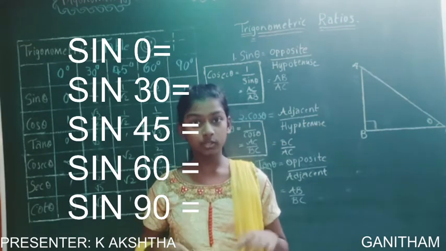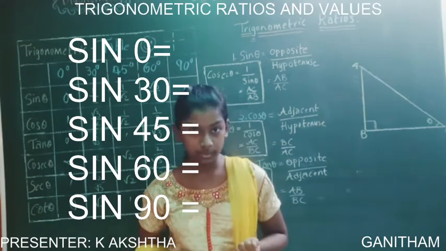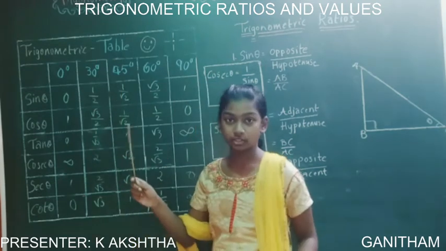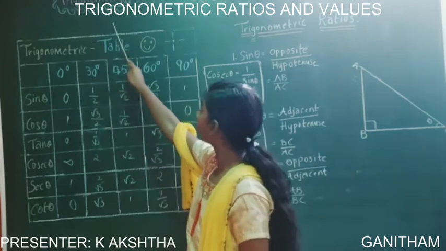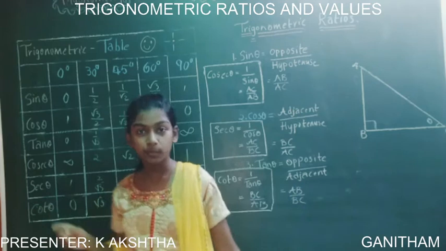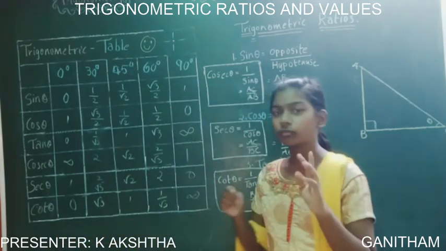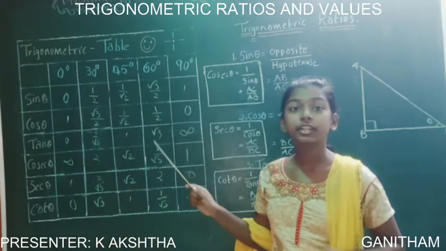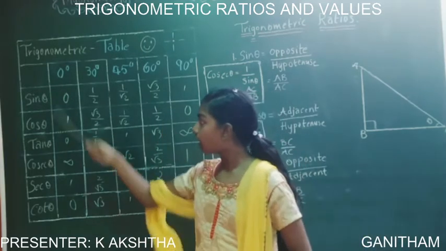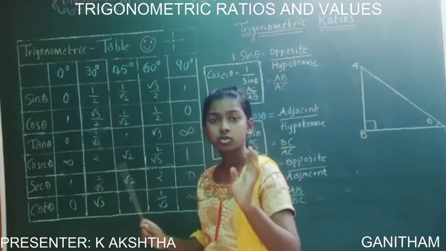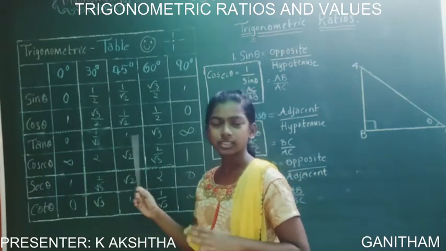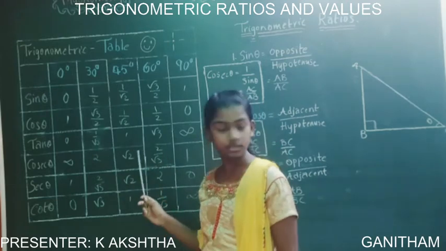Now I am going to tell you how to write the trigonometric table and trigonometric ratios in the chapter trigonometry. Here we go, the trigonometric table and trigonometric ratios. Is it clearly visible to you? I think so. First of all, let us see the trigonometric table. So here is the trigonometric table. How can we write it? I will tell you a shortcut to write these and use less time.